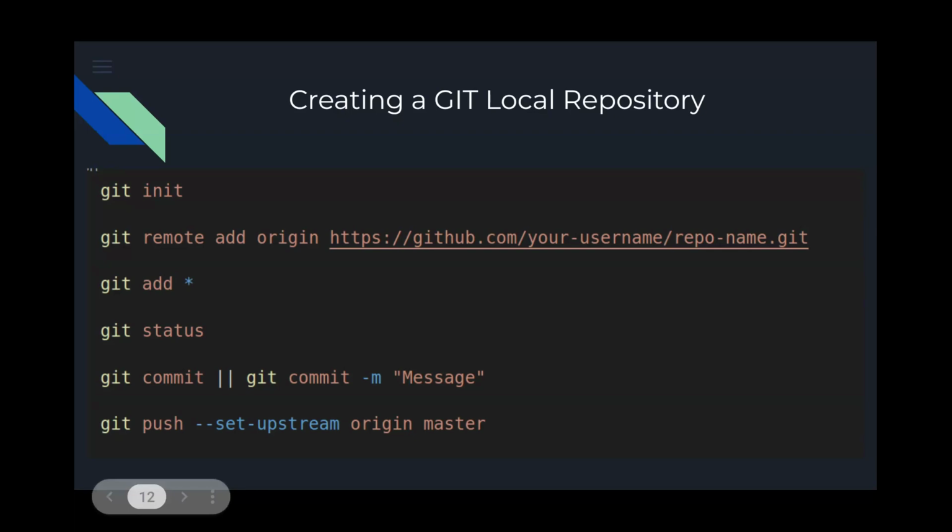You could do a normal git commit, and this will prompt your system to open up your default text editor. This can be different among systems or OSs or whatever you have set up. Or you can do an inline commit message here with this flag of -m. If you do a flag -m and then a message, whatever you would like to write there, that will also add that comment to your commit message. You have to send a comment every time you commit. You can't commit with nothing there, nor should you.